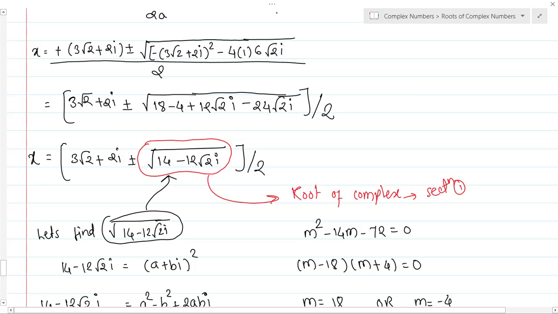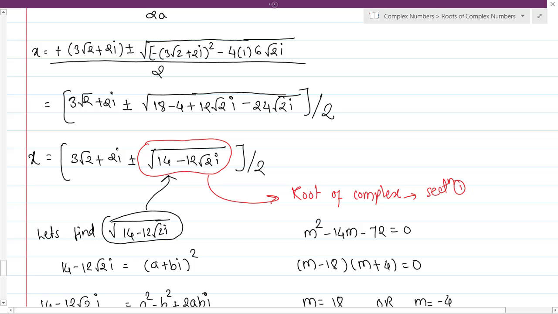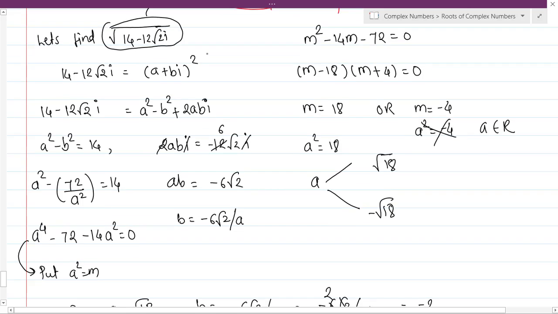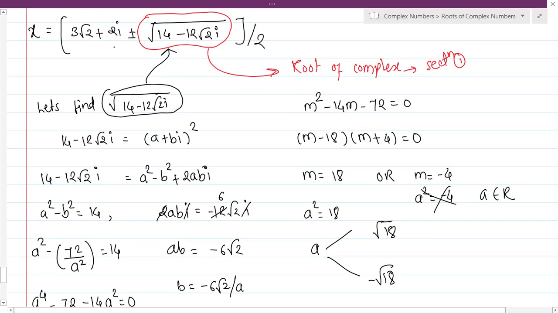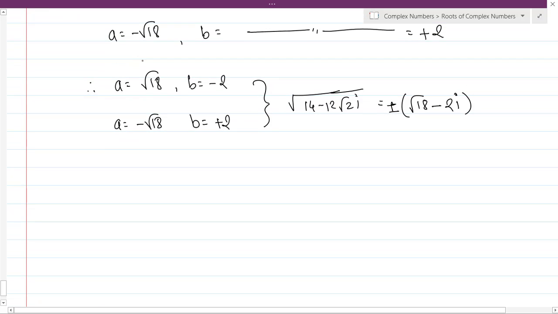So let me have the selection tool. Come on, come on. What happened? Okay, let it be. I think it doesn't want to come downside. So the answer is 3 root 2 plus 2i. Okay, no problem, I will write it as it is. So x is equal to 3 root 2 plus 2i.